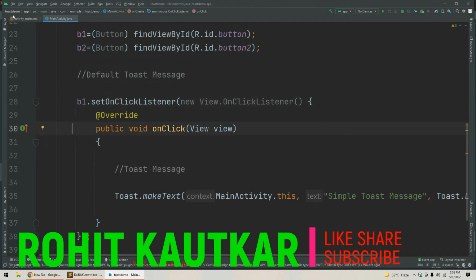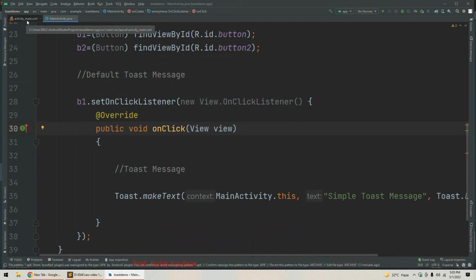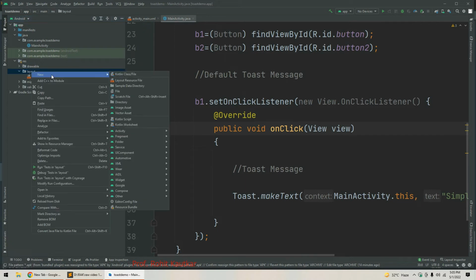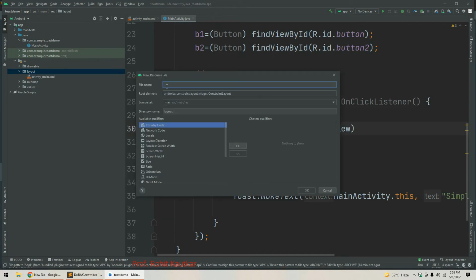Okay, now we will try to create a custom toast message. Now for creation of a custom toast message we have to create a separate XML file, within which we are going to specify the layout of our toast message. So for that I will go to the resource directory in which I will have the layout directory, and now I will right click on this layout directory and go to new, and here we are going to create a layout resource file, and let's say our file name will be my